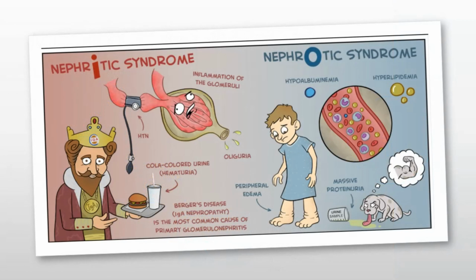Now let us come to the applied aspect. Here, let us discuss two common diseases that we tend to confuse often: nephritic syndrome and nephrotic syndrome. Nephritic syndrome or nephritis is any condition associated with the inflammation of the glomeruli. What this does is basically increases the permeability of the glomerular membrane for proteins and red blood cells. The presence of red blood cells in the urine, which is not a normal constituent, gives it a cola color. The most common cause of primary glomerulonephritis is Berger's disease or IgA-mediated nephropathy. Diabetic nephropathy is another leading cause of glomerulonephritis.